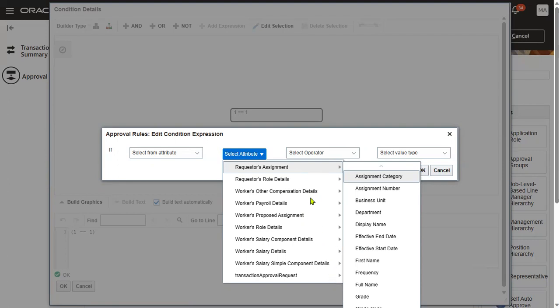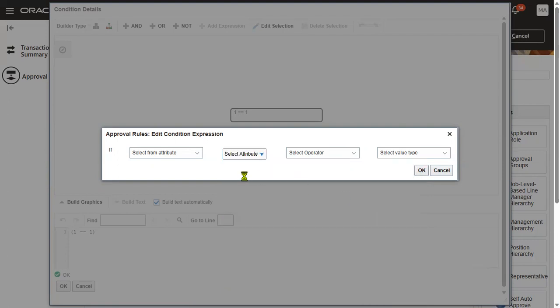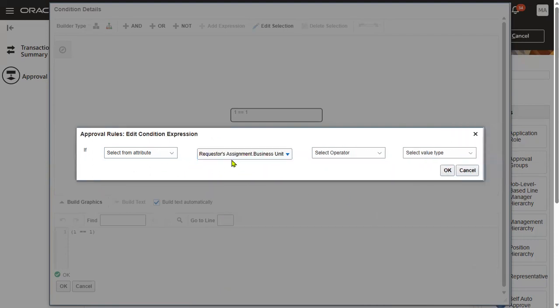Based on that, if you want to set the approvals, we can do that. Right now, business unit, manager name, job position, grade, location, this all comes under assignment, right? So choose this requester's assignment and go down. Here itself we have the business unit. So the person who is trying to hire an employee, that person's business unit is equal to,